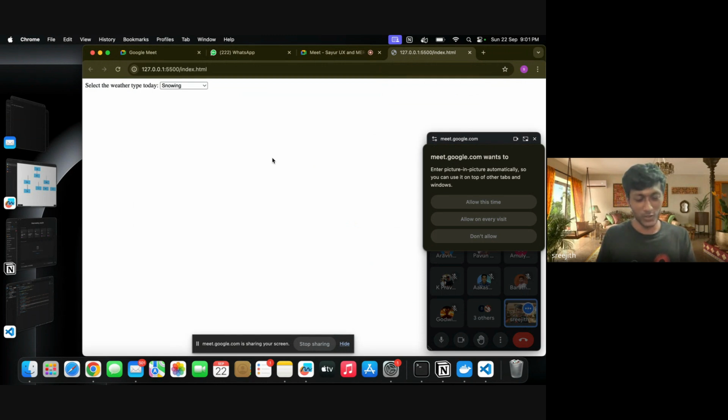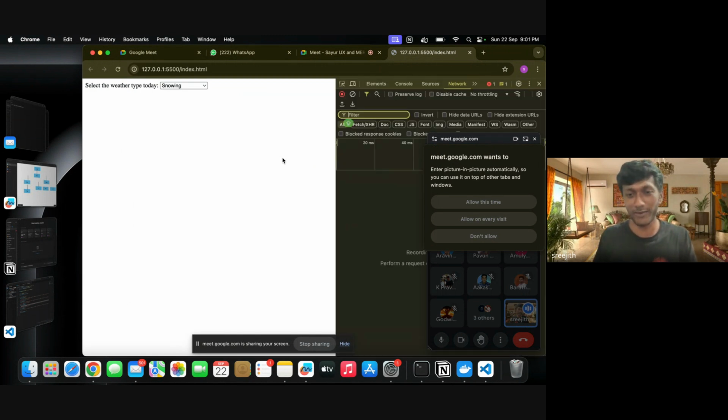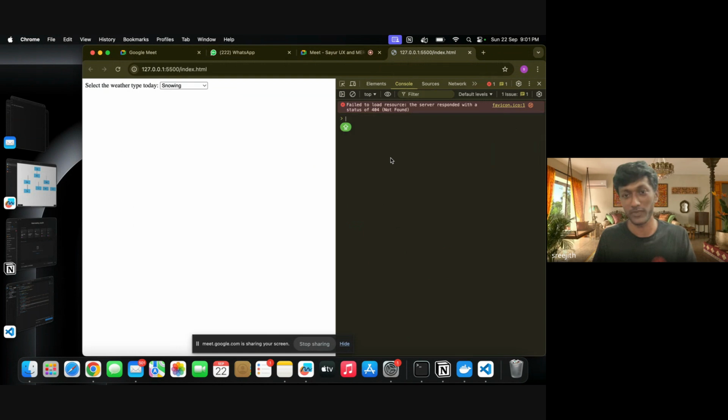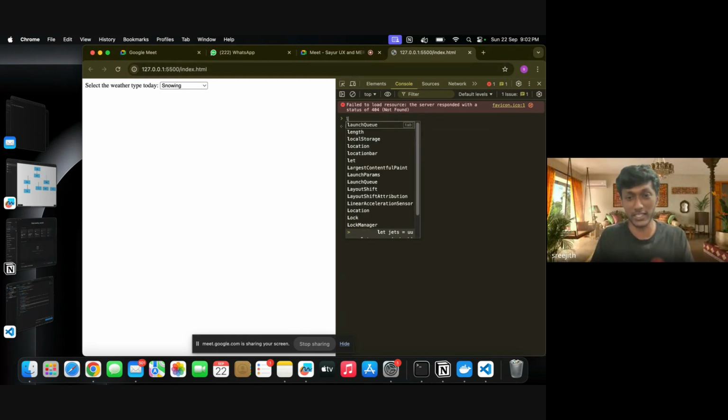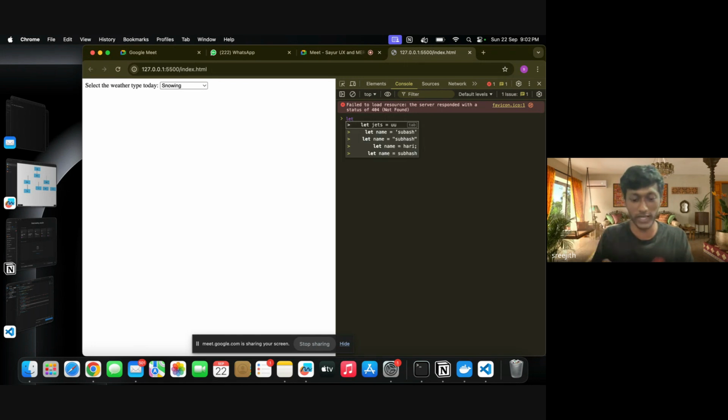So we will be doing, once again, this console we have here. We can play around with JavaScript over here. In JavaScript, as in any other programming language, we have variables, data types, objects, functions, and conditional statements. We are not going to write it here, but for the sake of showing that we can, I will say let name equal to